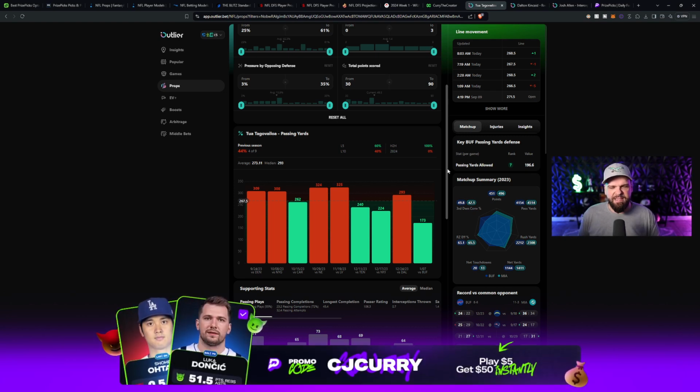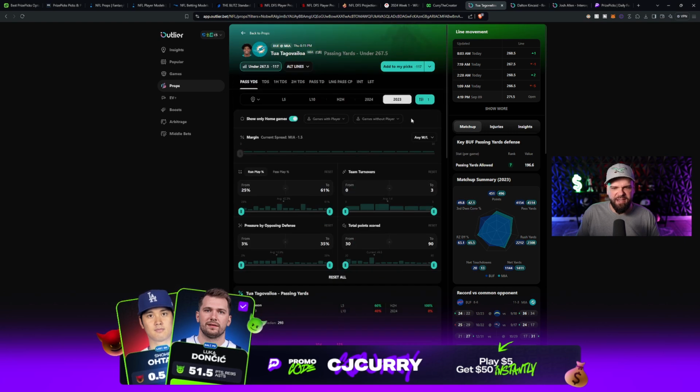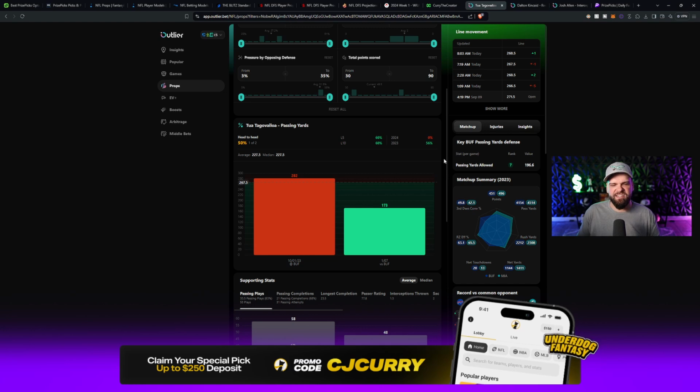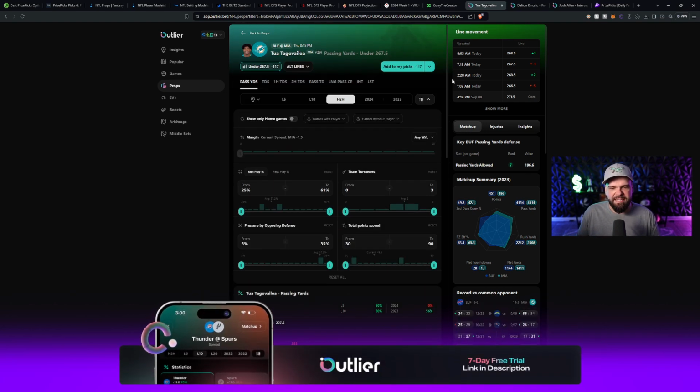44% of the time he went under 267.5 passing yards. And then you could even look at the head-to-head matchups, Tua versus the Buffalo Bills. You kind of get an idea of what he did against Buffalo the last two times that he's faced them. He had 282 passing yards, and then he had 173 in his most recent matchup versus the Bills in that game. So just a way for you to kind of take a look at some really cool information and stats